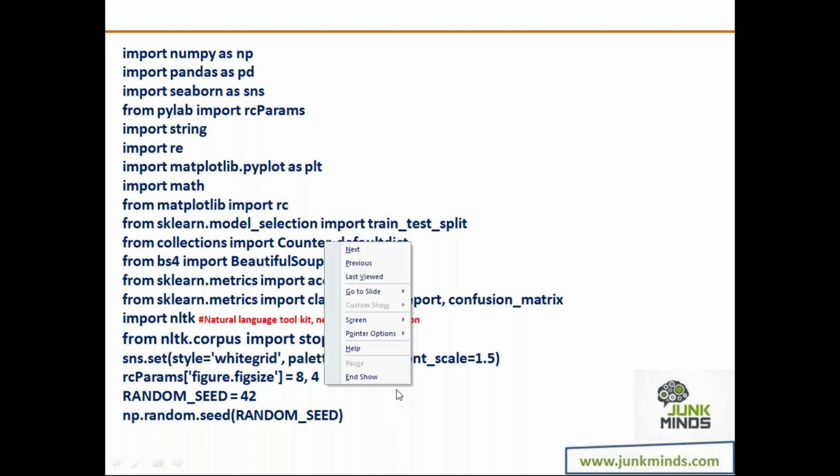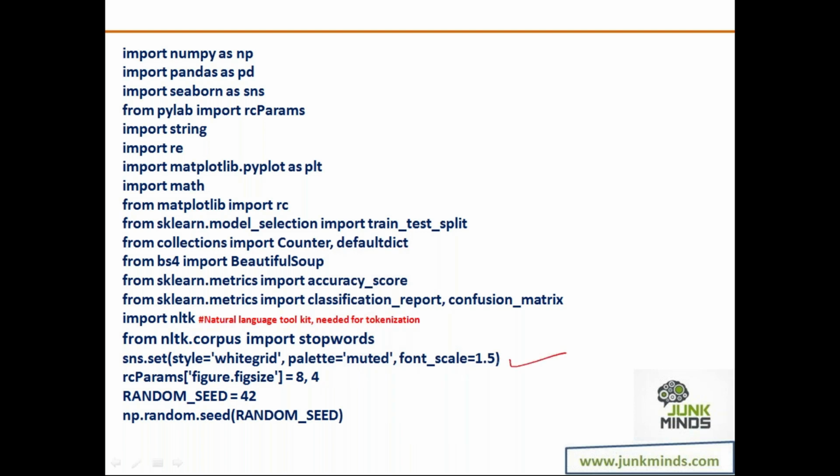Now, later on, I'm going to be drawing some graphs. So what is the pattern that I want to use? That is what we have. Even if you don't write the statement, it's fine. The system will use the default organization. What is the size of the graph that you want? Random seed 42. Now what is this? Later on, using this numpy object, I'm going to be generating a lot of random numbers.